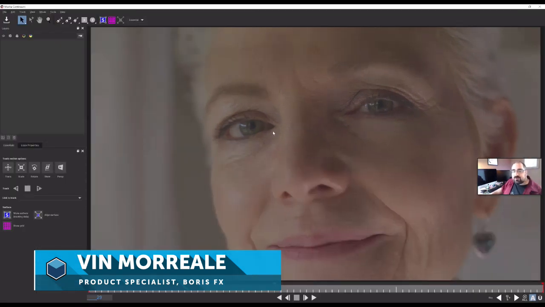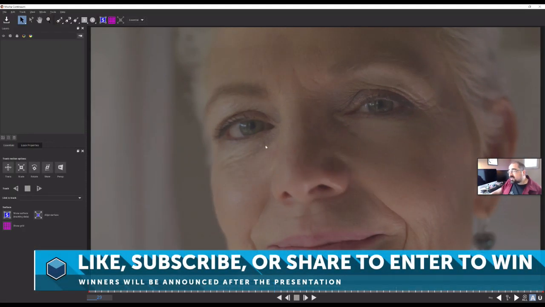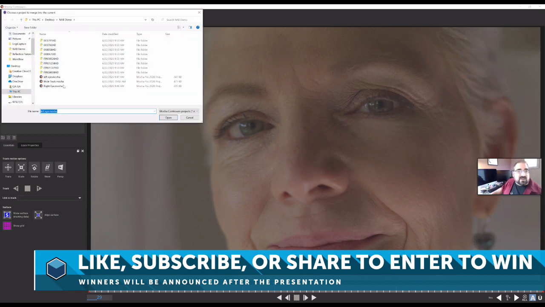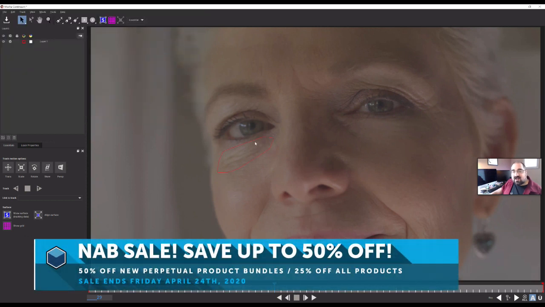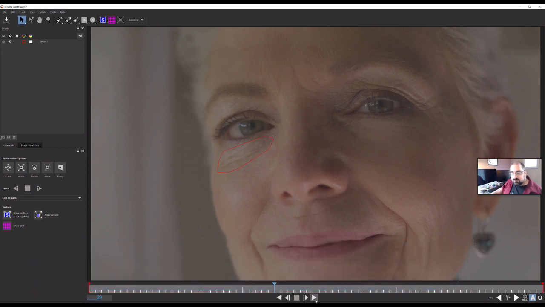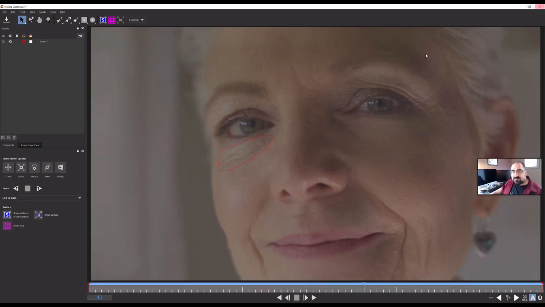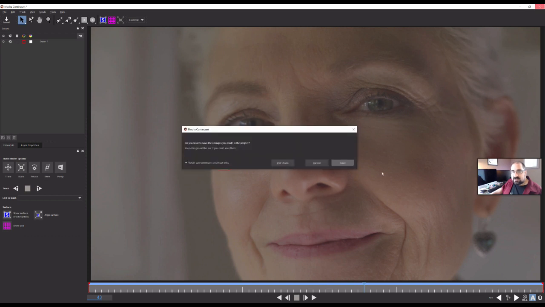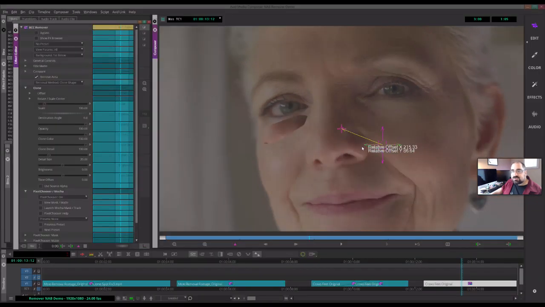And now I can create a whole new mask, or because I really enjoy pre-baking everything, I can merge a mask that I've already created that's going to take care of the wrinkles here. So again, this was created prior to it. I created the mask, and then I used it to track the movement of her face. We'll go through here, save that out. And again, we'll just do the same thing as before, where we're going to adjust the position